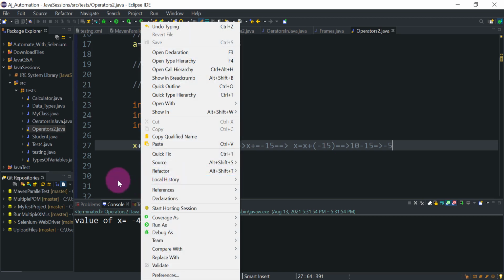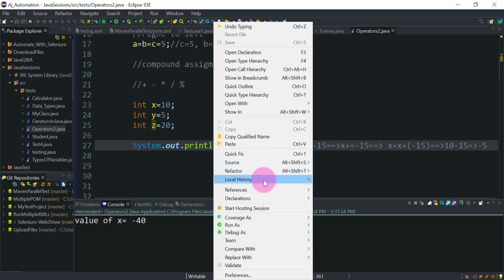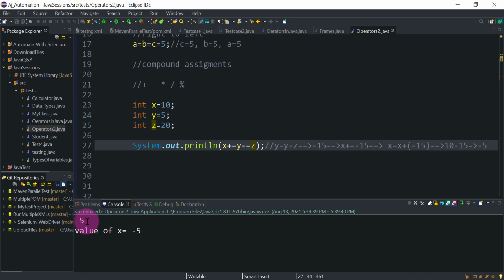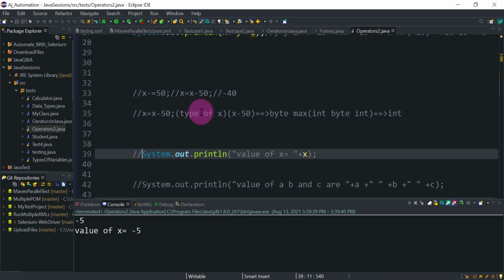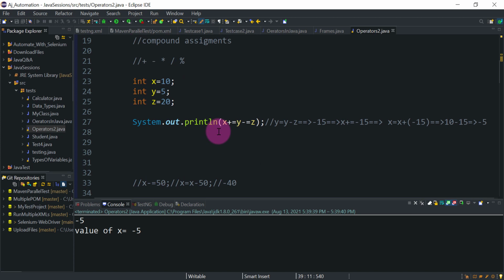Right? So let me print this directly. If we run this, we should get minus 5. So you can see here minus 5, right? And this statement is coming from here, so we don't want it. Okay, so the answer is minus 5. So this is how you can practice compound assignment operations. You can take any example and mix the arithmetic operators plus, minus, or equal with multiply or division and other operators like this, and you need to practice for the interview point of view.